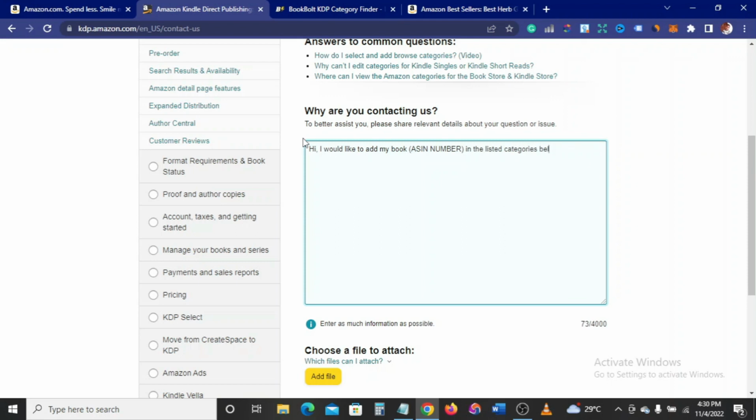In the listed categories below. All right, so you also instruct them what marketplace you want this category to be in. So obviously it's the .com, that's the American marketplace, and also tell them the format of your book. So I usually like to do this for paperback. You can do this for Kindle, and then all you have to do next is just